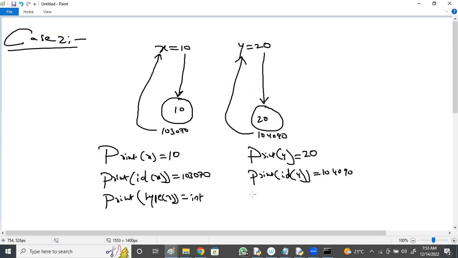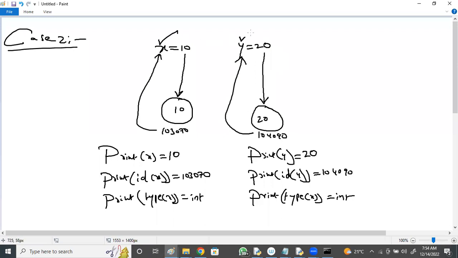So observe this. As you asked that query, you will get more clarity in case 3. Type of X is integer. So these objects are created based on the values, not on the variables. Understood here?